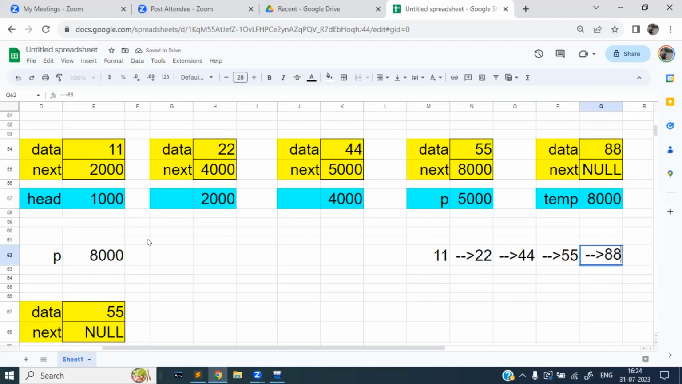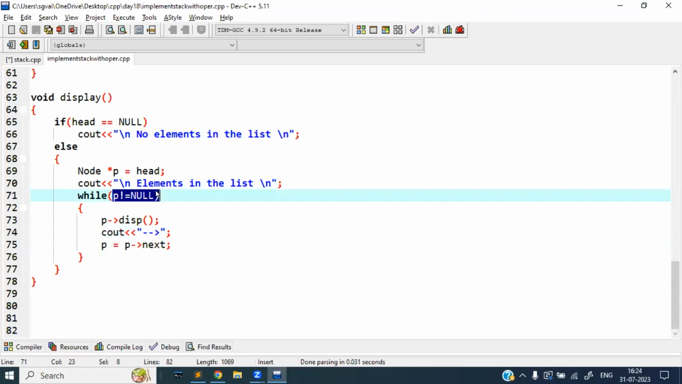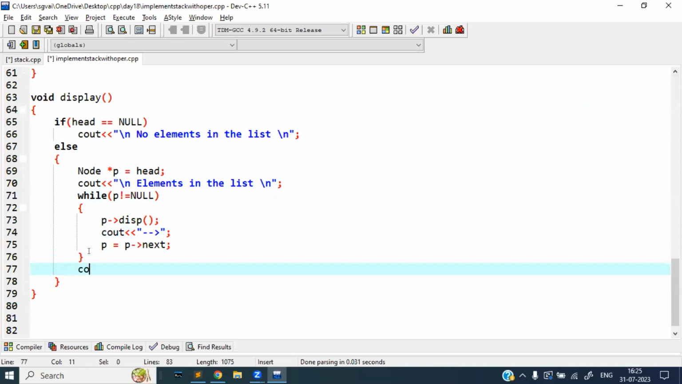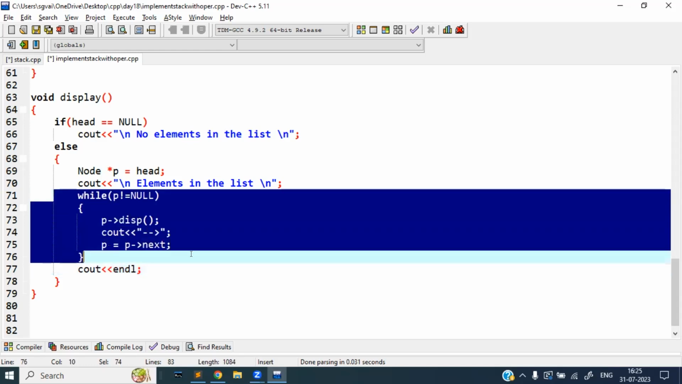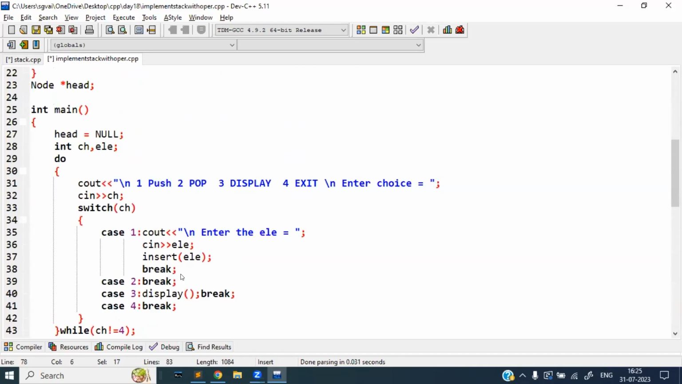Null. When this becomes null, this whole loop will only keep happening till P is not equal to null. If P becomes equal to null, it will come out, and I will just print, meaning it will go to the next line. It will print till the last element in this whole list. The moment the last element is printed, it will come out of the loop and go to the next line. That's all. So now if we run this right now,